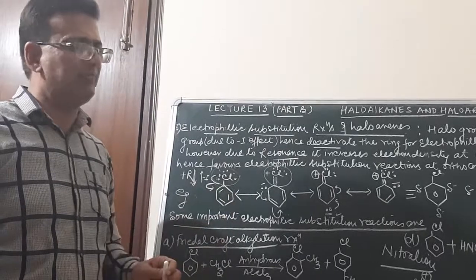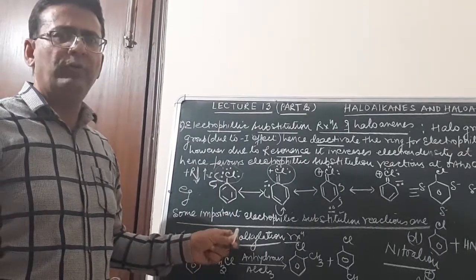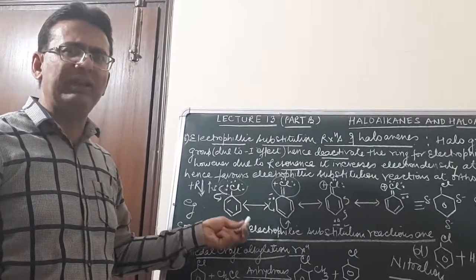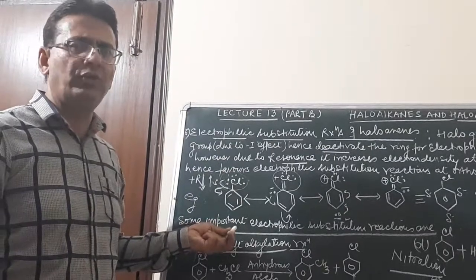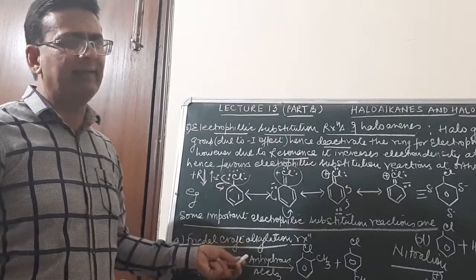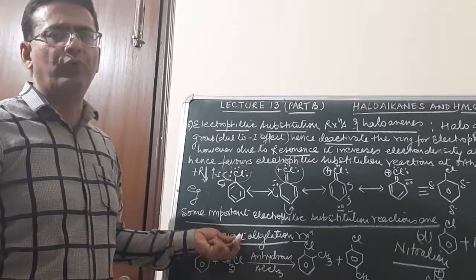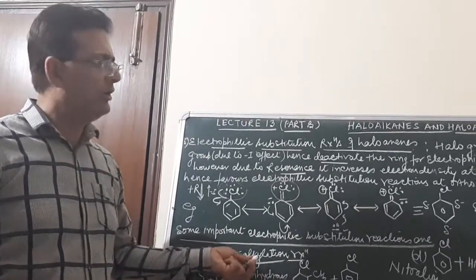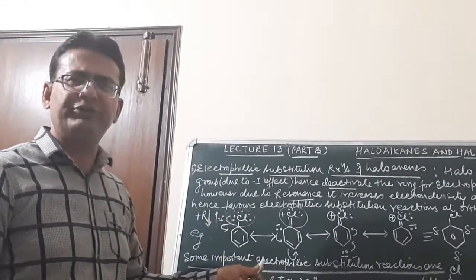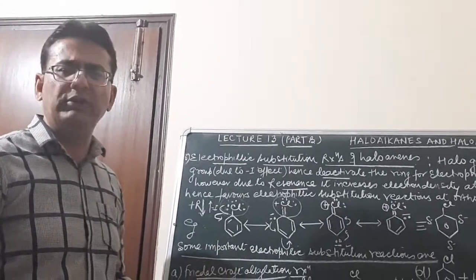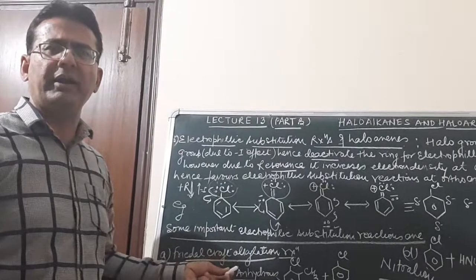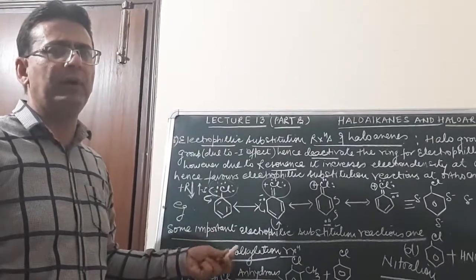Now what is left in this chapter? Sometimes there may be confusion for a 3-degree compound whether it favors nucleophilic substitution reaction or elimination reaction. So the comparison between nucleophilic substitution and elimination reaction is left. And then some commercially important compounds are in the syllabus, such as chloroform and iodoform, then DDT. So in the next lecture, we will come across these topics and we'll try to cover up the chapter. By that time, a lot of work has been done with you. You are advised to revise the work by watching the videos again and again and solving the problems which are being uploaded on the school portal.